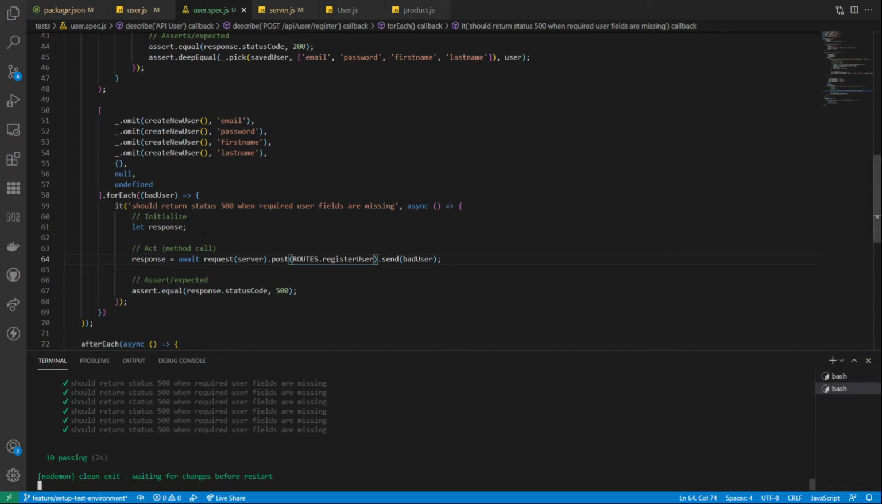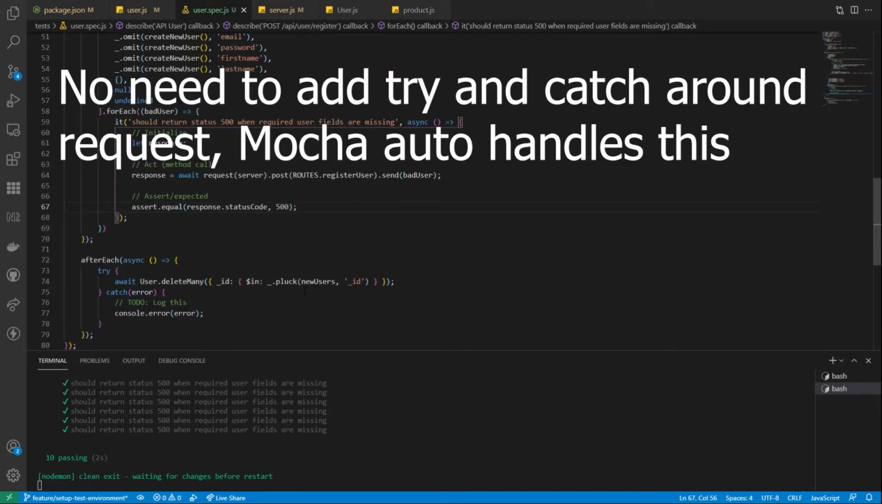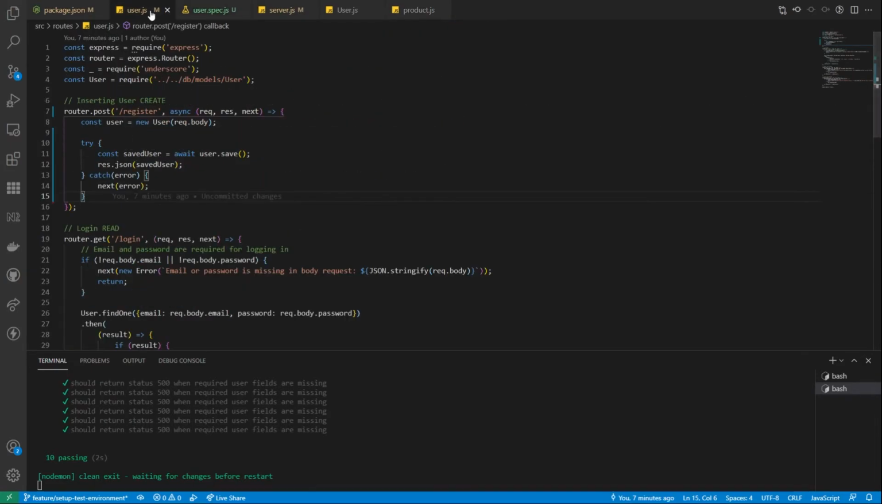Okay, so all these are failing, which is great. Or these are not being saved to the database, which is great. There is a way to improve this test. So let's say, for example,